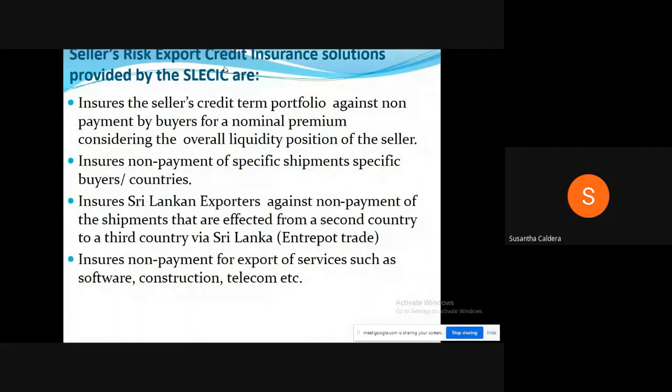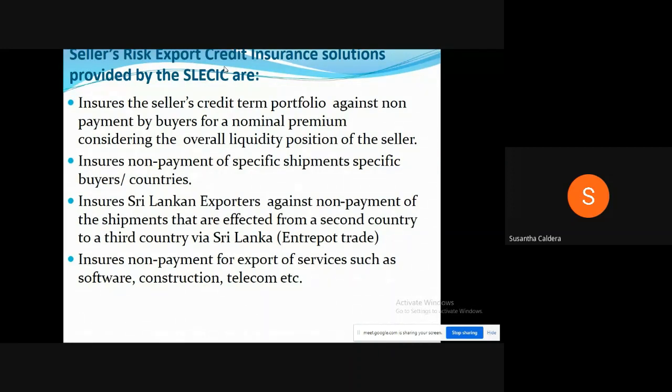Why Sri Lanka? What is that? Entrepot trade. Even the entrepot trade is covered by Schleswig. Right? Ensures non-payment for export of services such as software, construction, telecom, හැම එකක්ම අපිට insure කරලා ගන්න පුළුවන් Schleswig